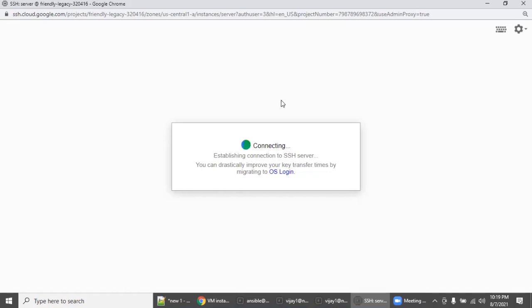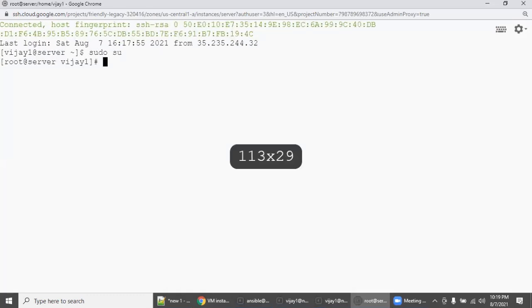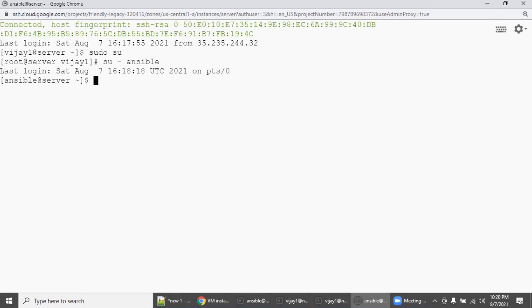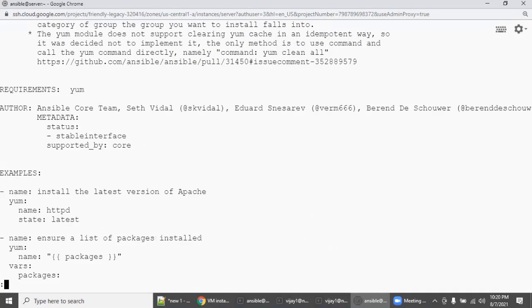Let's wait for a few seconds. Okay, so I am going to log in, sudo su, and then su - ansible, and then ansible-doc. We know the yum module, right? So going there, I'm going to the examples.